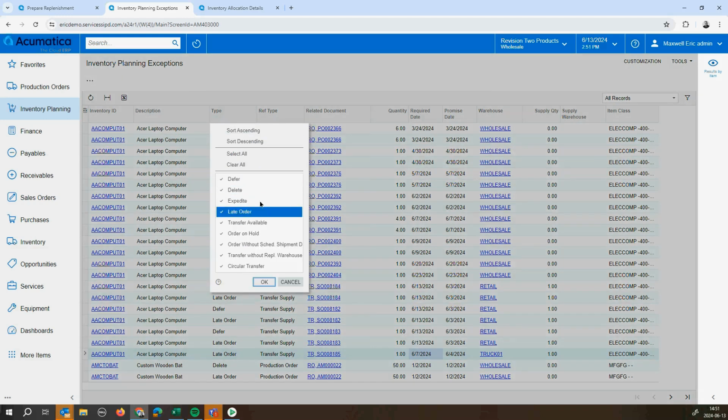So I need to contact the vendor to expedite or to do something about that. And sometimes I want to purchase something, but there is a transfer that will be available, so the system will warn me. So all the exceptions. The other exception that is very common is